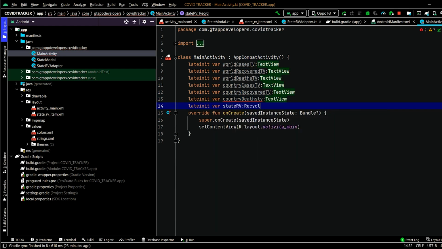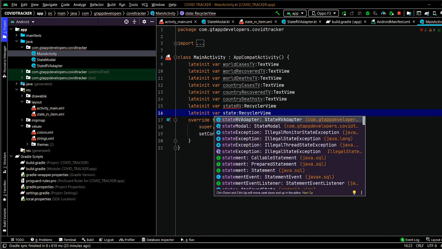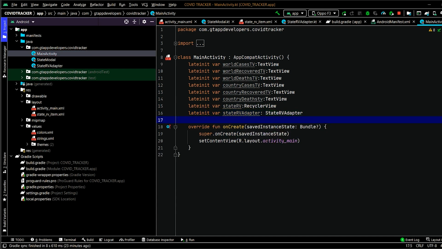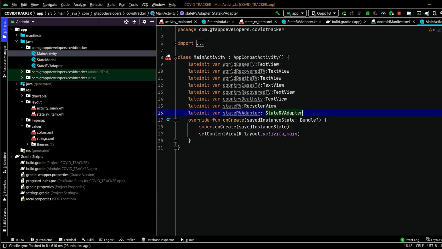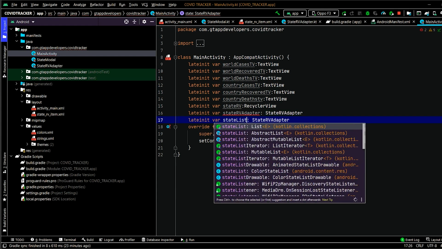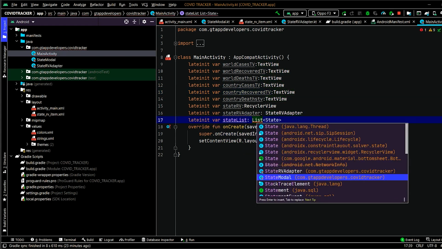Here we have to change it to recycler view. Then again we will create another variable for our adapter class, that is state RV adapter. Now we will create again another variable for our state list, and we will specify list of state model.